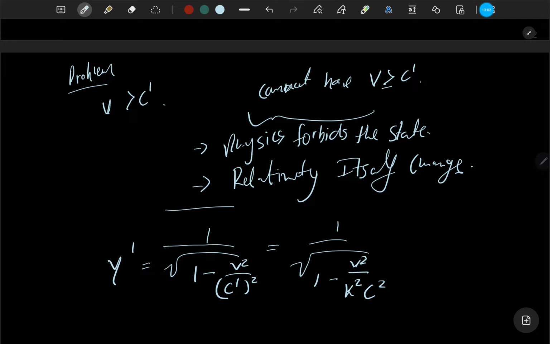And obviously for any v not equal to 0, gamma dash is obviously bigger,